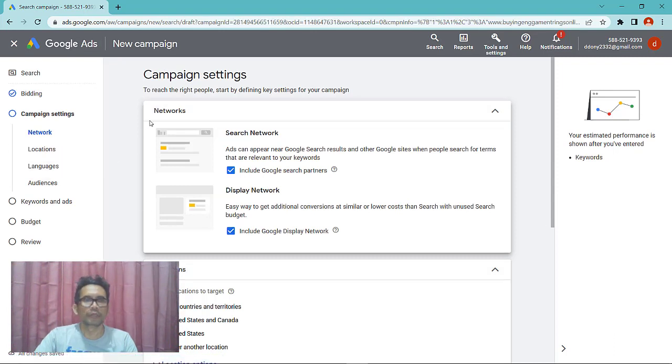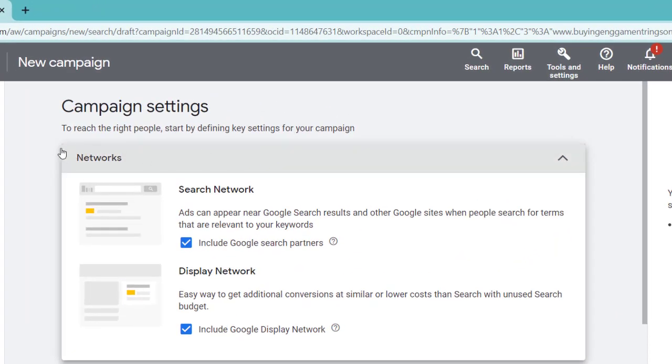Now we are in campaign settings. To reach the right people, start by defining key settings for your campaign. I would rather deselect the display network, because I don't want my ads to show up on websites that are not intended for search, because we want to make sure our ad is as relevant as possible to our target search term.